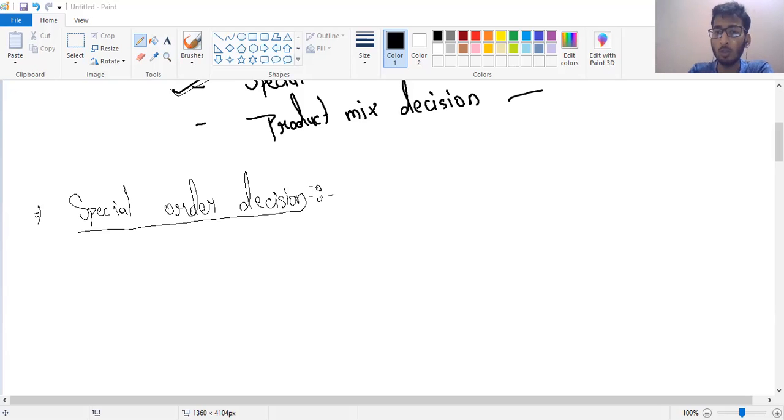If my revenue is more than the cost, definitely we can accept it. If my revenue is less than the cost, we can reject it. And if my revenue is equal to the cost, then we will see other factors as well, like whether accepting this order would be beneficial for other things or not. It would be somewhat subjective, but I am just giving you an example.